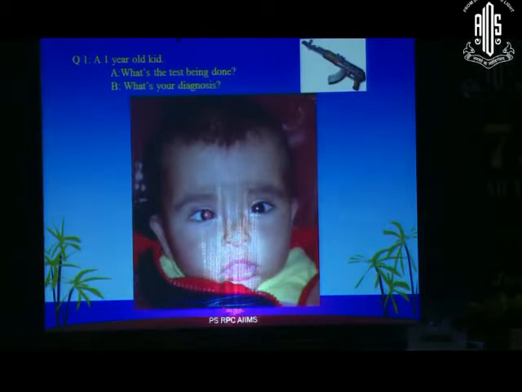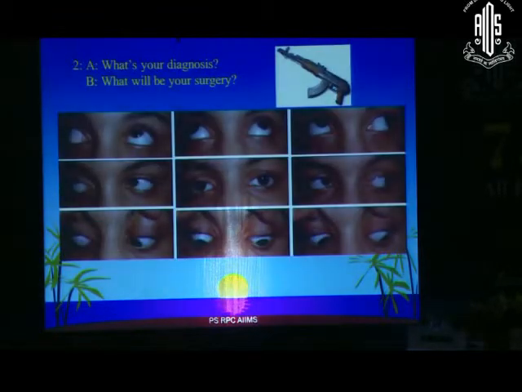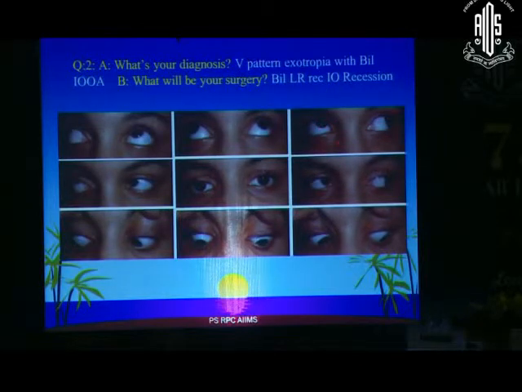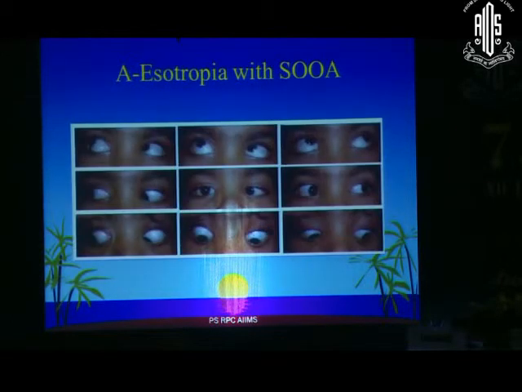This is a child having a brighter reflex in the eye. What does it indicate? This is a Bruckner's reflex, yes, and it is a simple test which will tell you ESO deviation apart from the problem that there is no media opacity. Secondly, what will be your diagnosis in this case? Exo, worsening in up gaze, lessening in down gaze. A V pattern, and on the side gaze is hypertropia occurring, indicating an inferior oblique overaction. So what you have to say is, there is a V exo with bilateral inferior oblique overaction requiring weakening of the inferior obliques. There may be a V pattern without the obliques. Okay? So always look for it specifically.